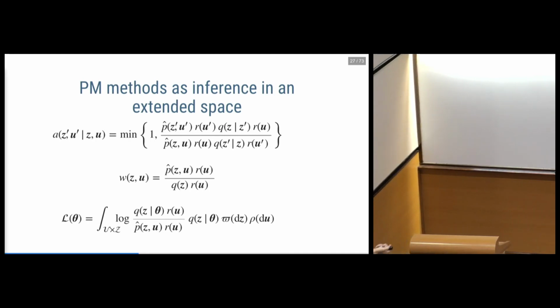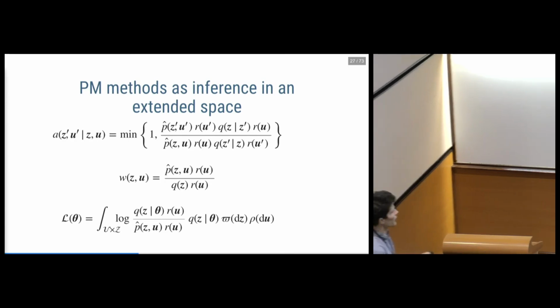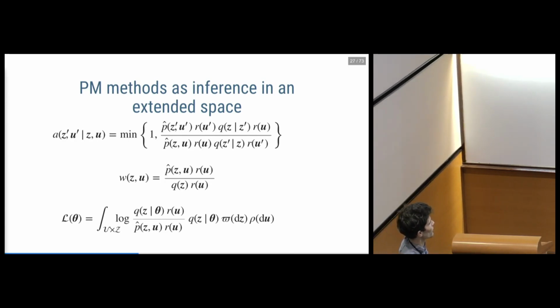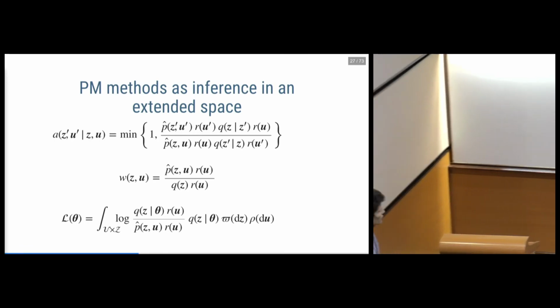The importance weights in the importance sampling squared, again, we just have this joint target density on the top, and then a particular proposal distribution on the bottom, which is formed as an independent product of some proposal in the Z's, and then the marginal distribution density on the U's.